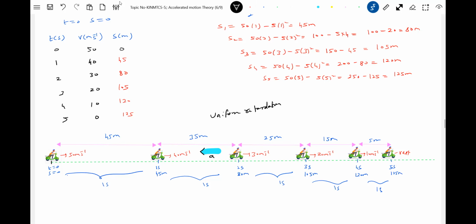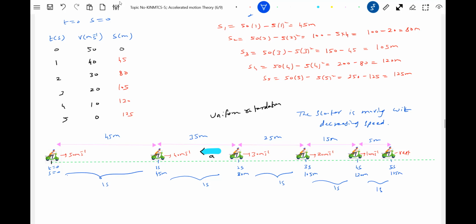The knob which is there, it will rotate in clockwise. So the acceleration decreases, the speed of the scooter decreases. Uniform retardation means decreasing speed. The scooter moves with decreasing speed. So this is called a retardation. So here in the uniform retardation, the distance covered in equal intervals of time will decrease.